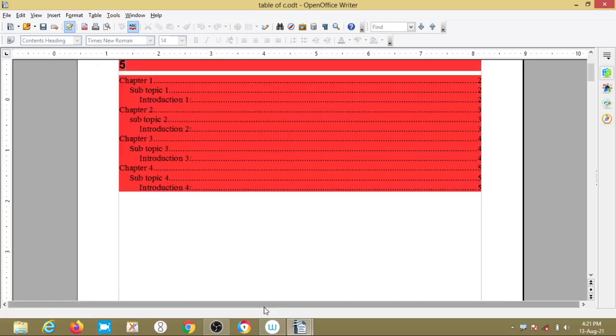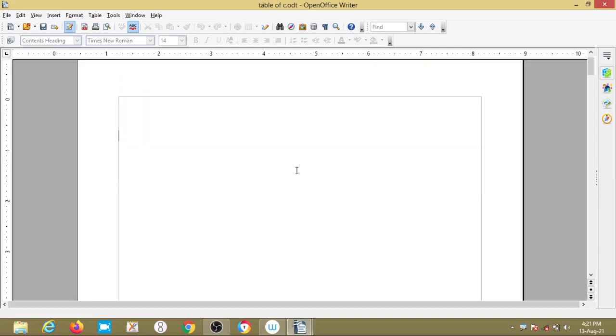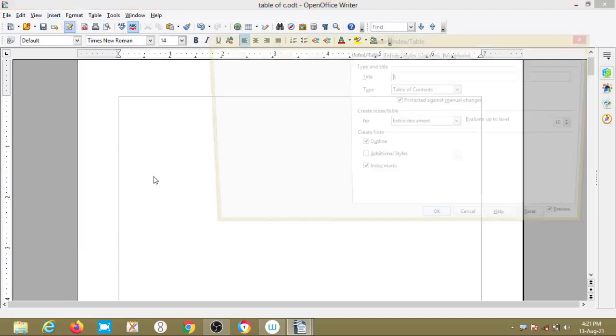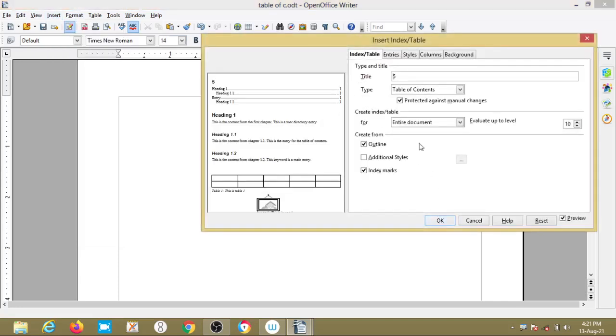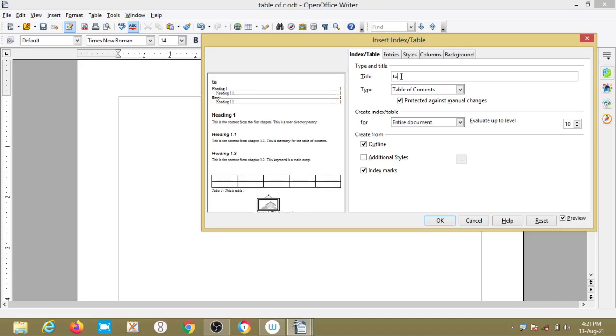Okay, if I want to delete this, I can do the changes, right? Delete index and table. Okay, so if I want to insert the index and table, what I will do, index and tables. Okay, so here 5 means table of contents.